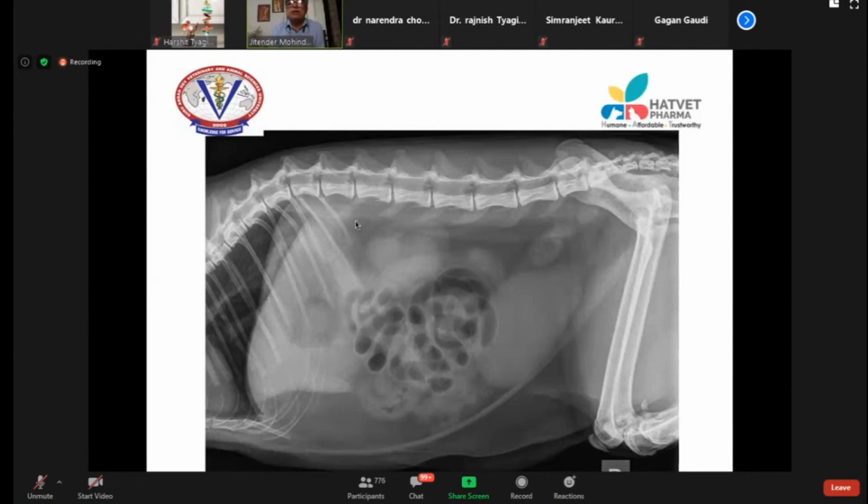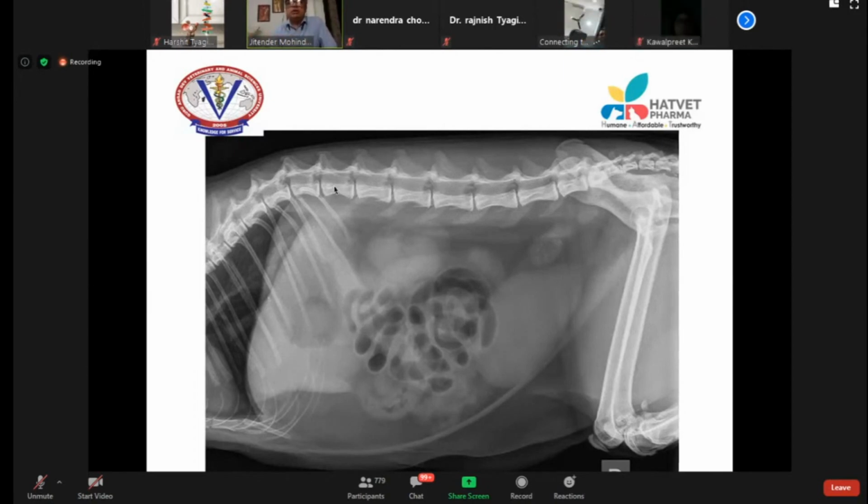There is fat here. There is fat here. Fat here. There is fat here. Here in this area, this triangle is fat. All this fat will help me to see the various structures of the abdomen. If fat is not there, then I am not able to see the different structures of the abdomen. So always try to find out fat in a radiograph. Fat and soft tissue. Differentiate these two things.